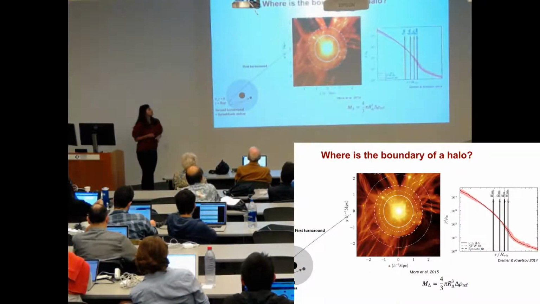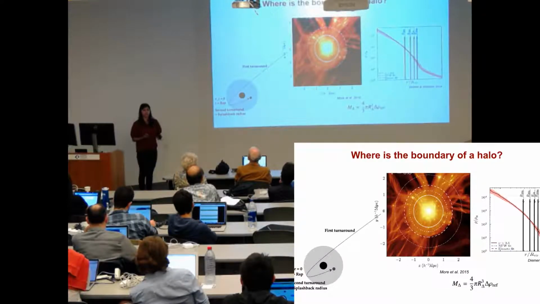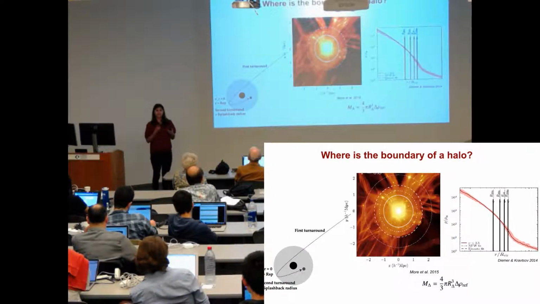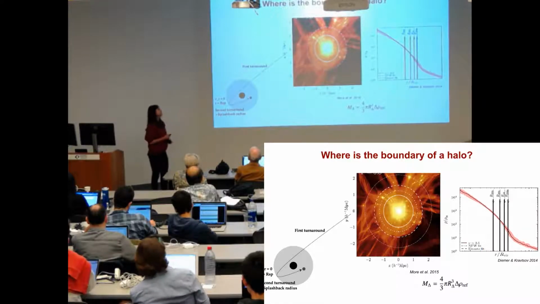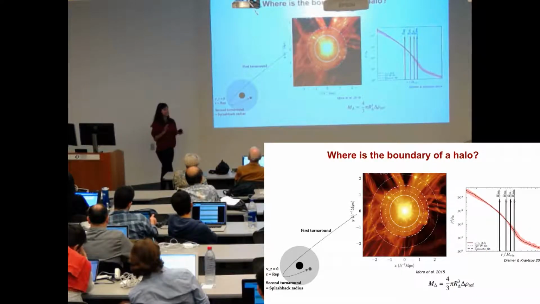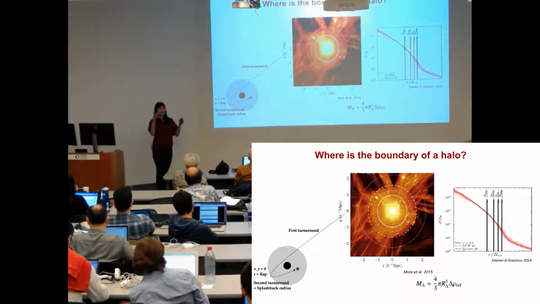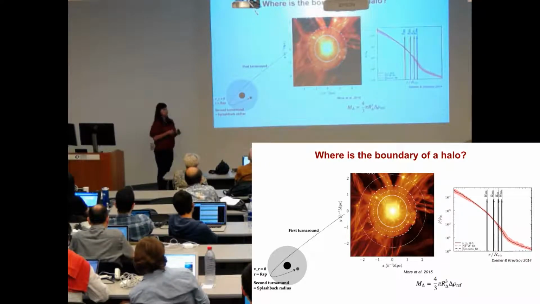Right. So to begin with, we know that dark matter halos are basically the endpoints of all structure formation. That's where all the interesting galaxy and baryonic physics takes place. However, the boundary of a halo, the actual physical boundary or what we define as a halo, is somewhat murkily described. In general, it's defined by some sort of reference density, the radius at which the enclosed density reaches some factor of, say, the background matter density or the critical density.